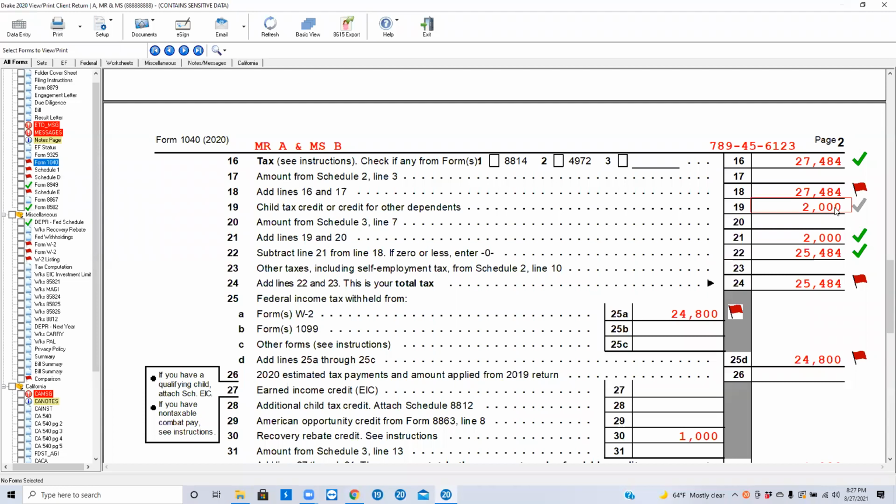This client was supposed to pay 27,484, but because they have a kid, they have a 2,000 child tax credit subtracted from 27,000. That's why they only need to pay 25,484. Well, in this situation, their withholding is only, as you can see in here, this is a W-2,